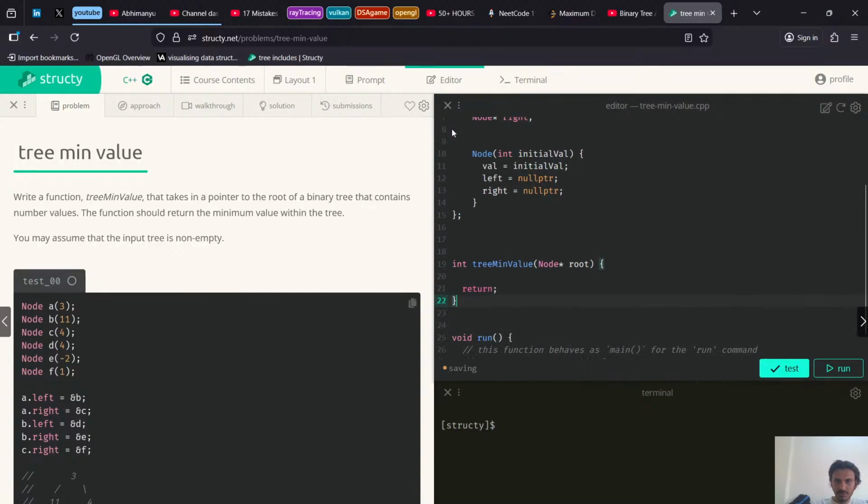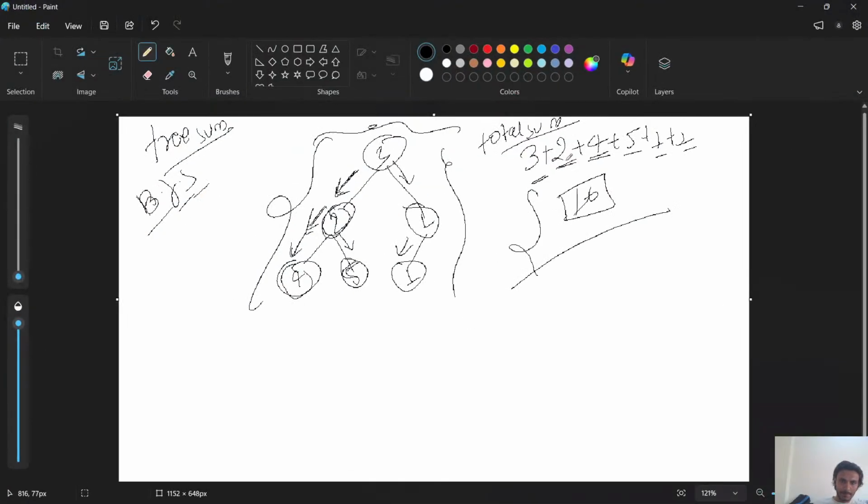Let's move on down. So minimum 3. So what we do is create a Q, a queue of node pointers. Okay, let's name it Q. Okay. So basically simply if I think in BFS